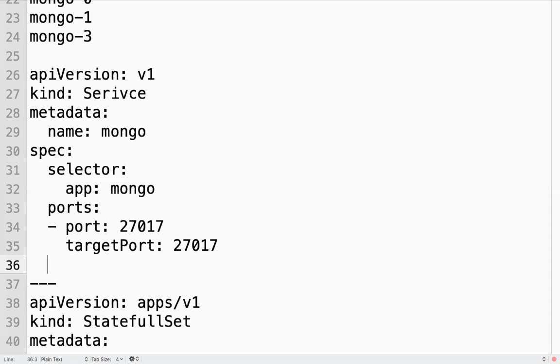So far we used to give type something like cluster IP or node port. Now here we are going to mention cluster IP none. So what does it mean? It's headless service.